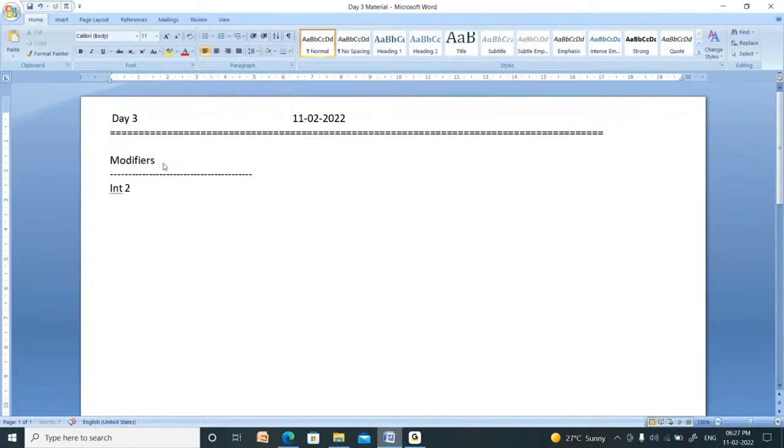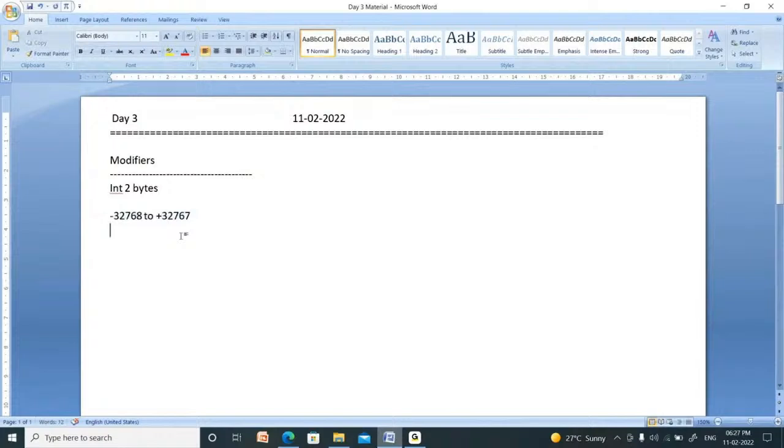Its size is 2 bytes. In 2 bytes of memory, you can store numbers from minus 32,768 to plus 32,767. You can store numbers only between these two.